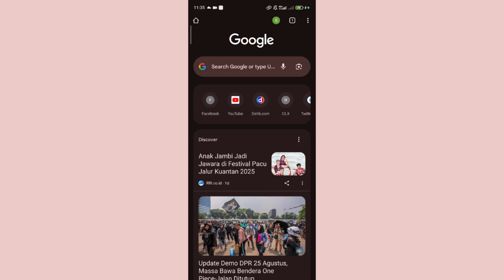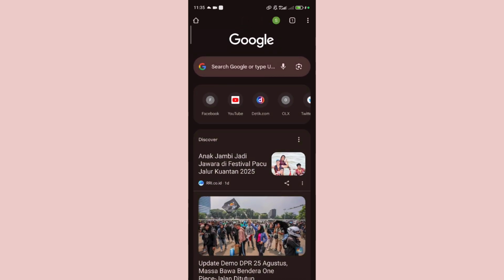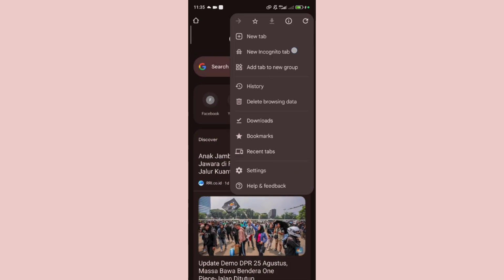It's very simple. So first of all, of course, we have to open our Chrome. In here, I will open the incognito mode first. Now, if you see on my screen, there's only a blank screen. It means I'm in incognito mode on my browser. Now, if you want to turn this off, you can just tap